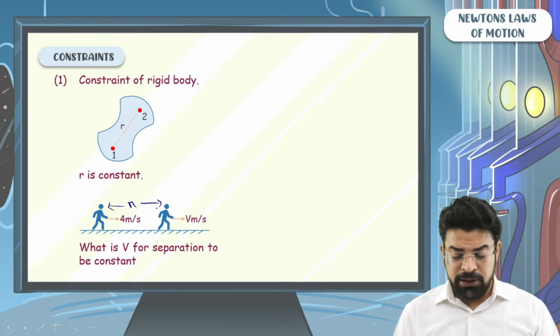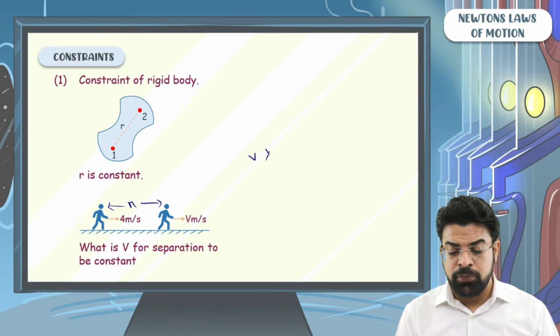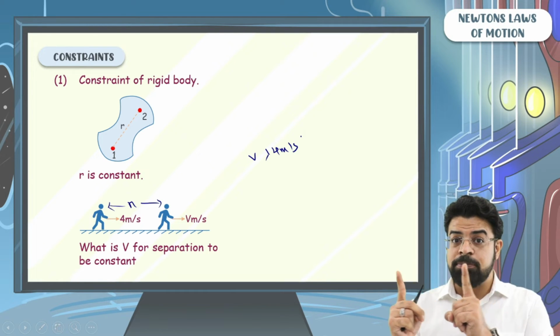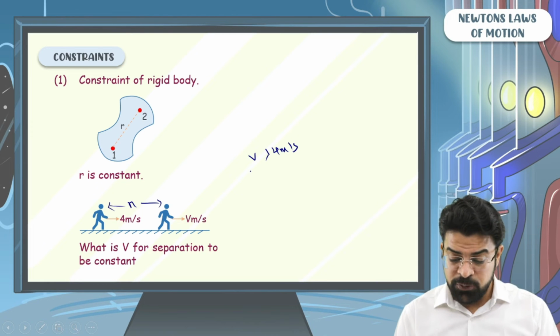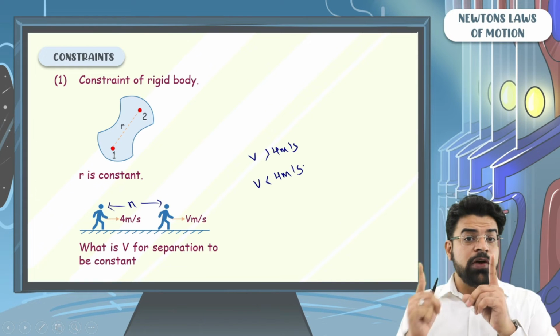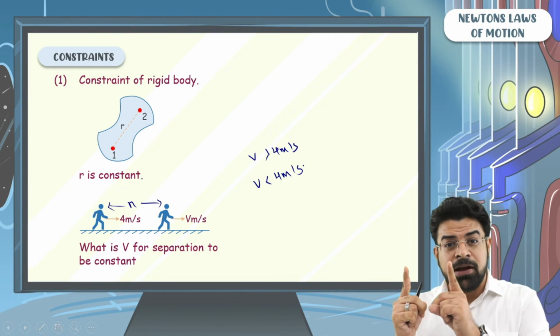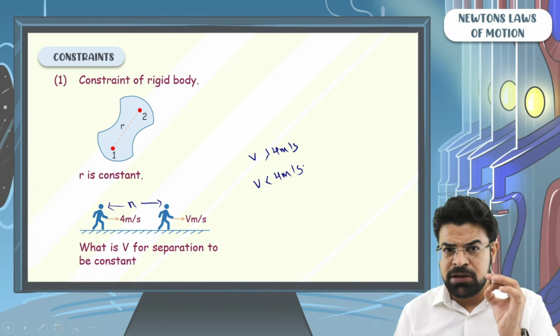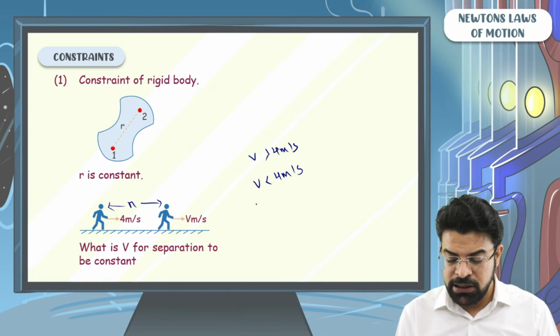We know that if v is greater than 4 meters per second, then the friend in front will move faster and the separation between them will increase. If v is less than 4 meters per second, then the friend in front moves slower and the friend behind will catch up and the separation between them will decrease. For the separation between these 2 friends to be constant, the speed of the friend in front should also be